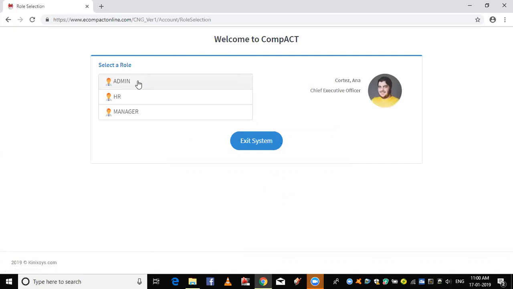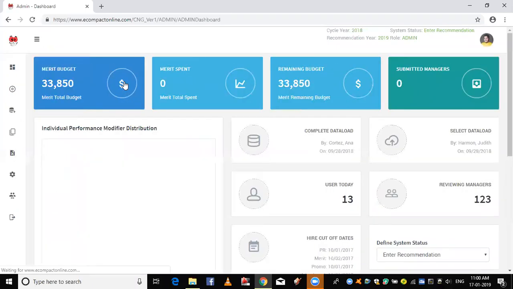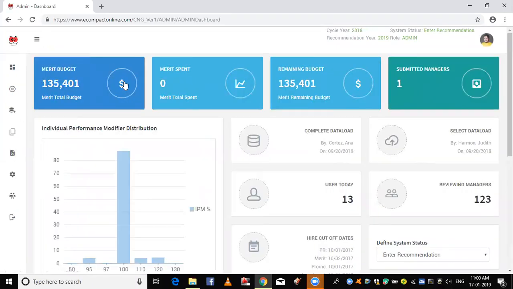This is the first screen where the user lands and selects the role in which he would like to function within the Compact application. Logging in as admin, the user has a wonderfully designed dashboard